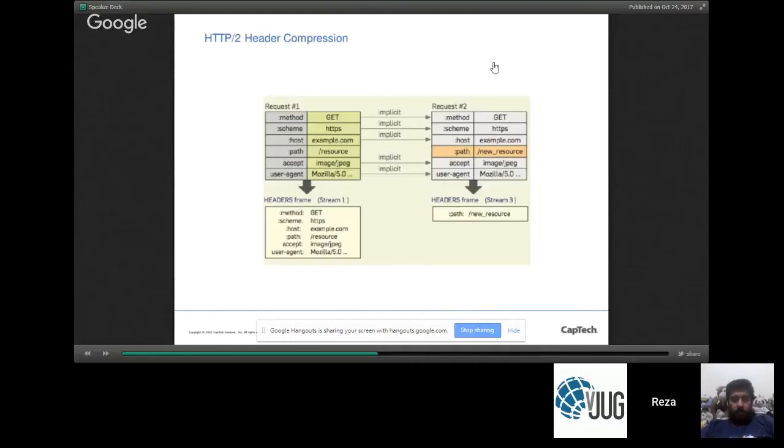And hence, the server can tell, okay, what is the actual delta that I need to send to the client? And the client can figure out, okay, the server is sending me what has actually changed. What did I not get before? And hence, I should be able to calculate what the total headers are for this particular stream, okay, or this particular resource.